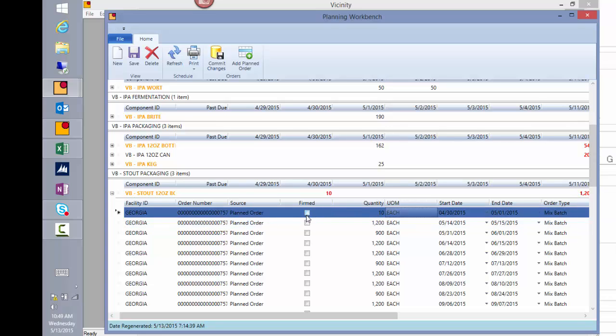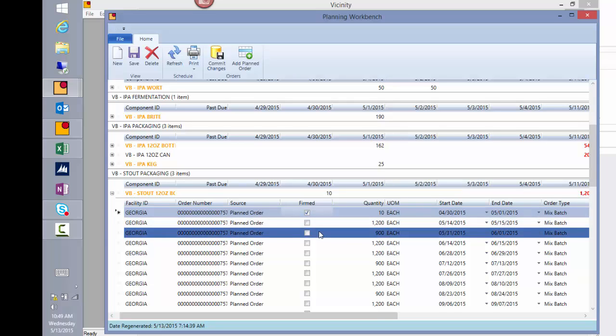And then the other piece I want to point out is this firming. When I firm this, a couple of things happen. Most notably, most visually, the color goes from black to red. In other words, I've acknowledged that I've seen it, and I've acknowledged I'm going to do something with it. By firming it, and oh yeah, by the way, committing changes, i.e. save everything I'm doing, if I save that in this status, the next time MRP runs, it will not get